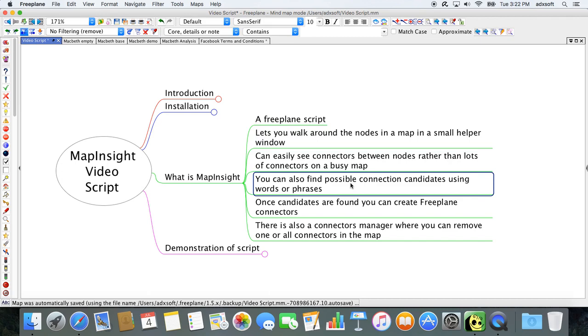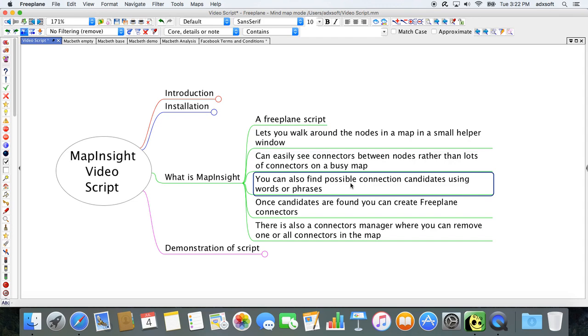So your focus node might say paragraphs and content, for example, and you could find any other nodes that have the words paragraph or content in them. I've set it up so that it ignores noise words like the, and, or, and so on. There's a table of those in the script. Unfortunately, it's only English at the moment, but it will be very simple to change that table to another language,